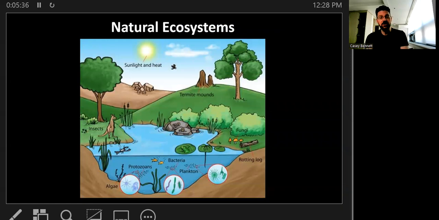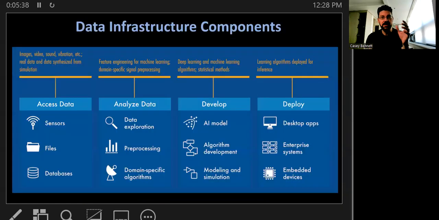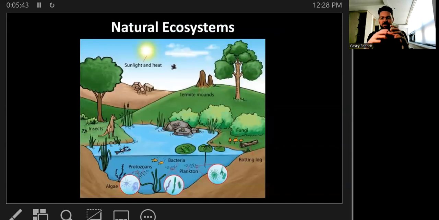I always describe these data infrastructure components as data ecosystems, right? And they're just like natural ecosystems where you have all these different components and each one's important. It's the ambulance outside, obviously, but each one of these is important, right?